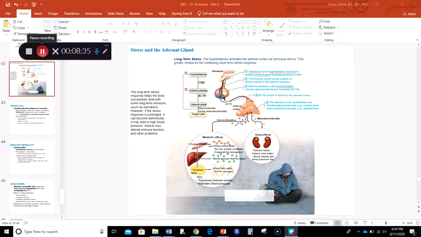The anterior pituitary cells will release adrenocorticotropic hormone, which travels in the bloodstream. When it gets to the adrenal cortex, it will cause the release of glucocorticoids like cortisol, and mineralocorticoids like aldosterone, where aldosterone will act on the kidneys to reabsorb sodium into the blood to increase the blood volume and increase blood pressure,